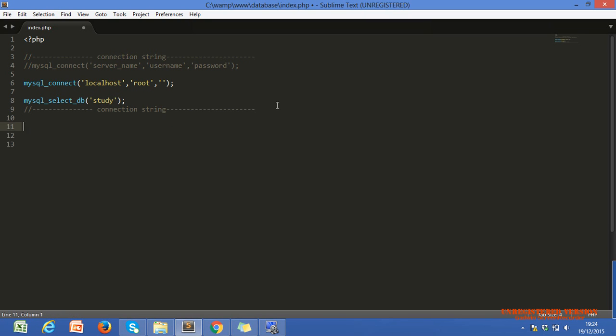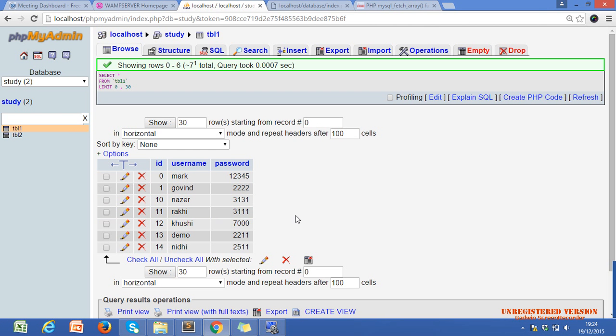Now let's move ahead. I want to fetch, or retrieve, the data from our database. There are also predefined functions for that. What we have to do is run the select query, right, Rakhi?